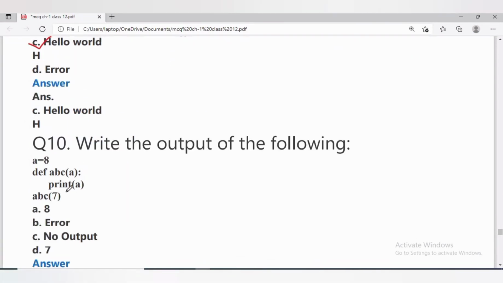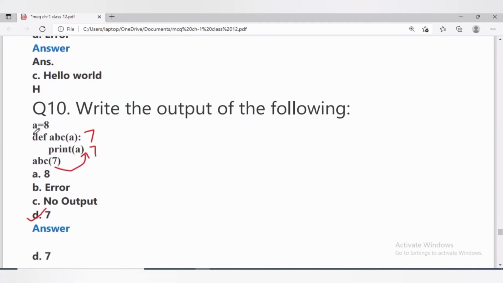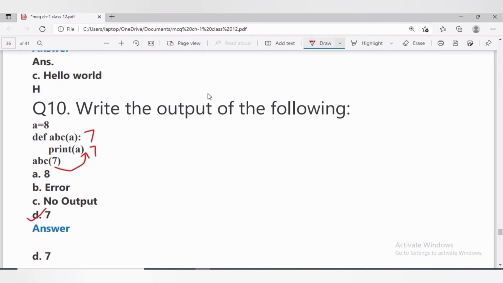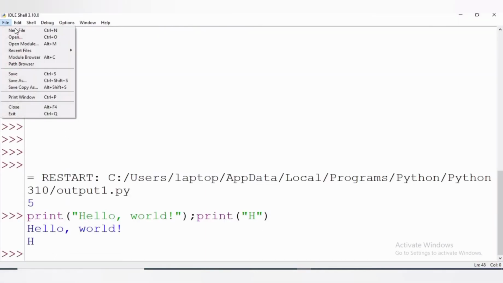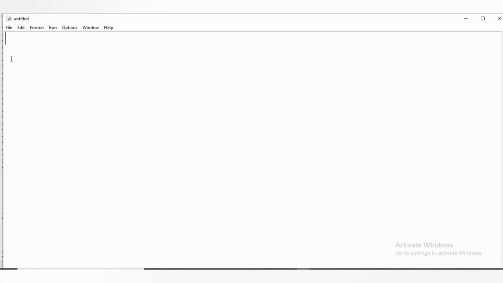In question number 10, write the output of the following. Here a is equal to 8, which is a global variable, and inside the function we are only printing a. ABC within bracket 7 is calling the function with value 7. Answer will be option D. Now print a will print 7 only.